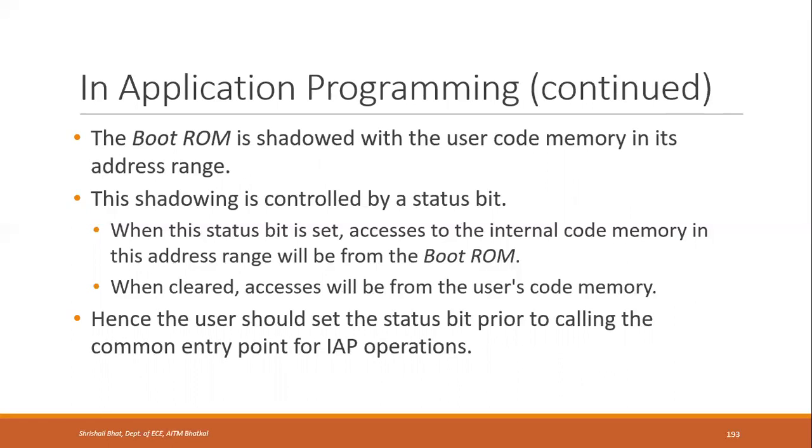There will be a status bit to indicate whether to use the code memory for execution or the boot ROM. When the status bit is set, accesses to the internal code memory in this address range will be from boot ROM. If the status bit is cleared, then the access will be from the user's code memory. So if you want to go for IAP operations, this bit should be set because you are going to use the boot ROM, right? Hence the user should set the status bit prior to calling the common entry point for